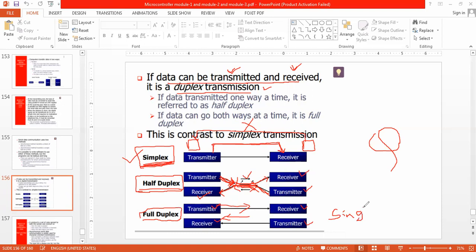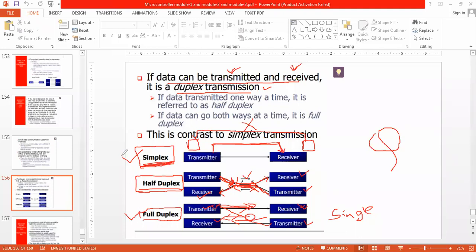Whatever the communication is, I can transmit the data and you can also transmit the data, and my data and your data are not going to collide with each other, because the transmitter line and receiver lines are different here. So that is called a full duplex communication, right?